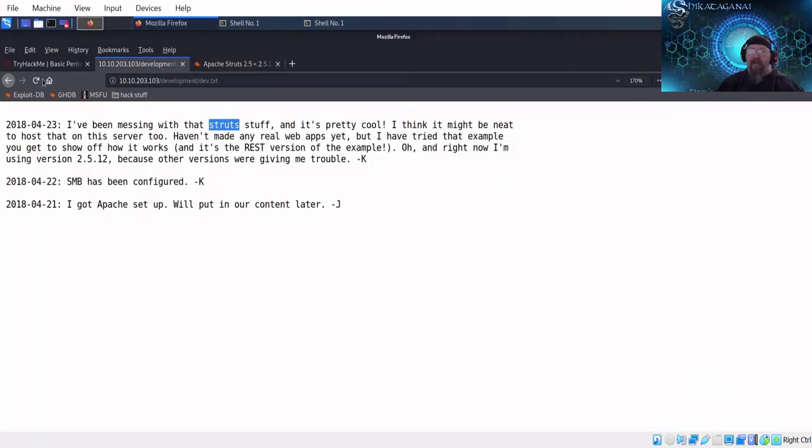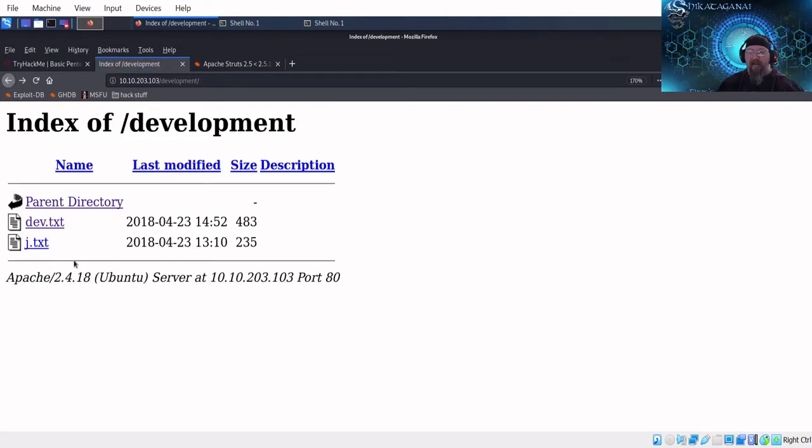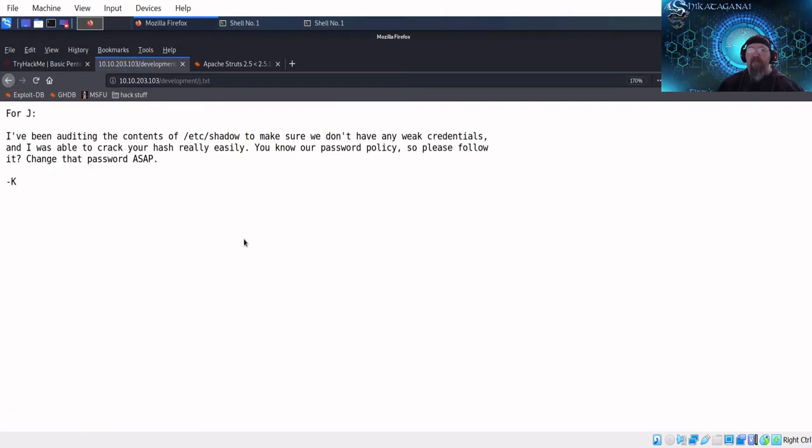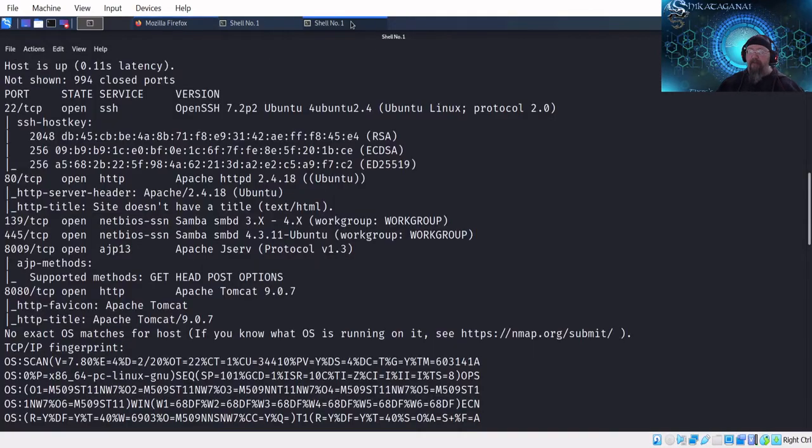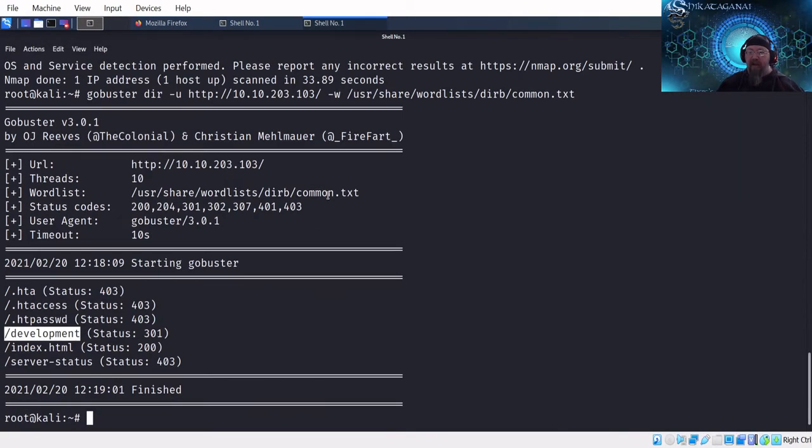All right, so now that we know that, let's go back here and take a look at the other file, j.txt. It says, I've been auditing the contents of /etc/shadow. Now, /etc/shadow is a location on a Linux machine that will typically have the password hashes for the credentials of who's logged in. So, for example, if I go to my Kali Linux and I say